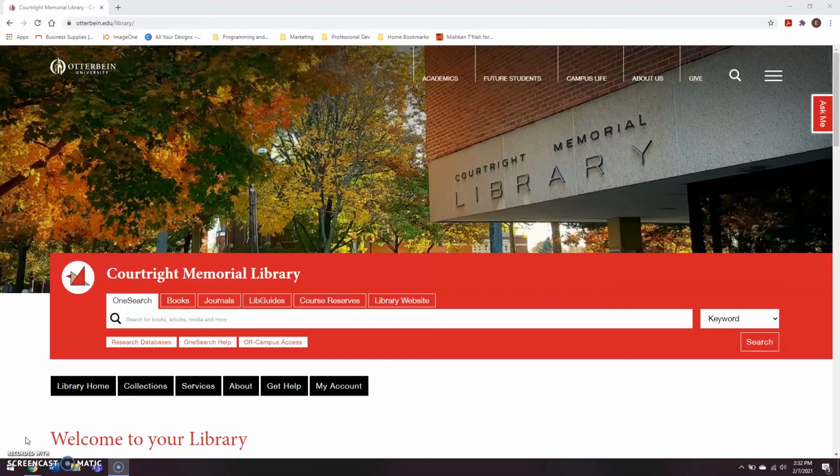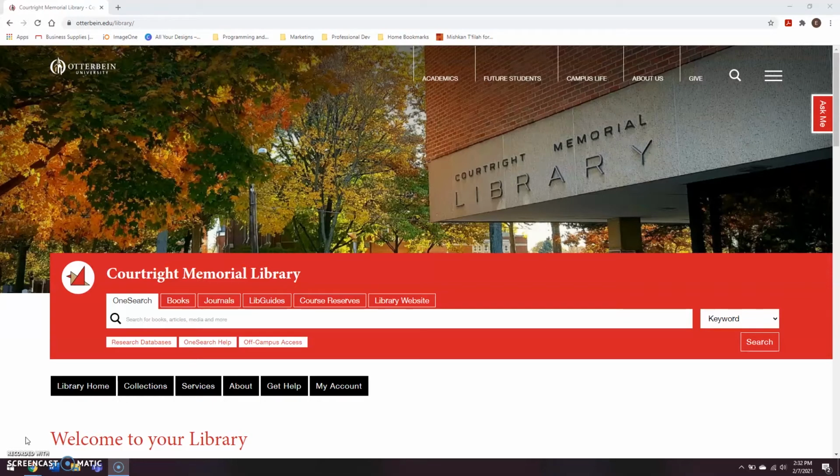These can be appointments to help you find books, articles, websites. Librarians can help you discuss or narrow down a topic for your research paper or assignment. They can help you refine your searching techniques, and they can help you pick out which is the highest quality information that you should use. So with that knowledge, let's show you how to book a research consultation.